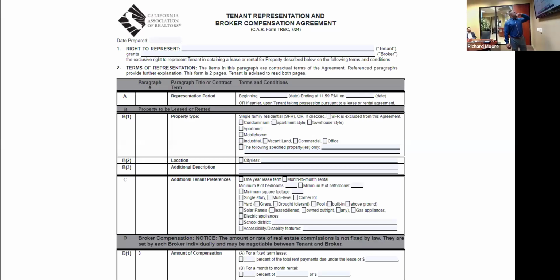And then you're going to enter a particular city they're looking in. So you're representing them to find a place in a particular city. Go down here to the amount of compensation under D. You're gonna check the box and type in 2%, 3%, or you can enter a dollar amount, $1,000, whatever you want to charge them. But you want to make sure you have this signed before you show property. It's not part of the lawsuit with NAR, so it's not required that you have it signed. But